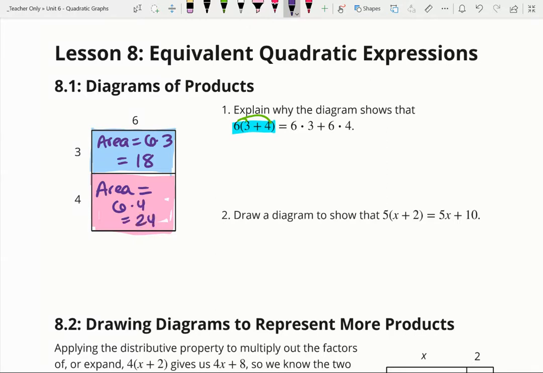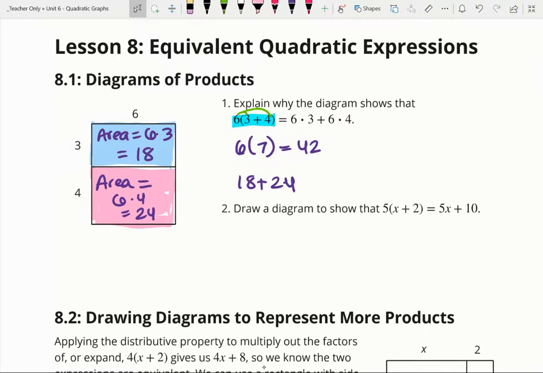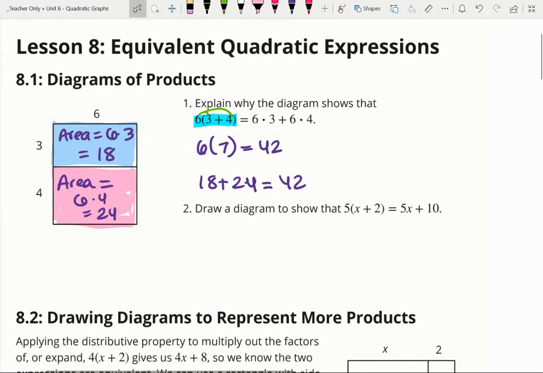Which matches if we think about 6 times 3 plus 4, that's 7. So 6 times 7 is 42, and 18 plus 24 is 42. Whoops, I have another cat helper with me today, so if it looks like my pen is driving itself, it's because I've got a little cat helper. So both methods here, thinking about the distribution and using this area, thinking about these rectangles, get us the same